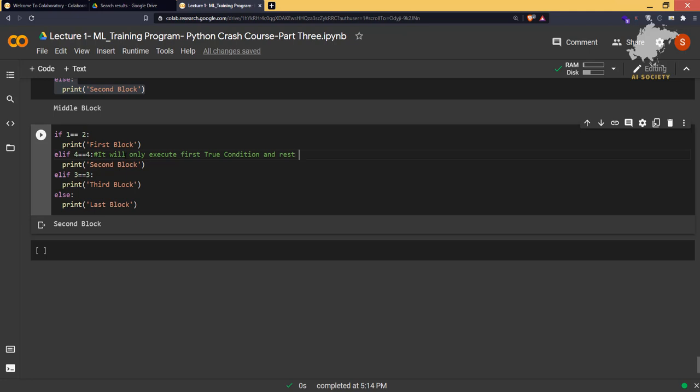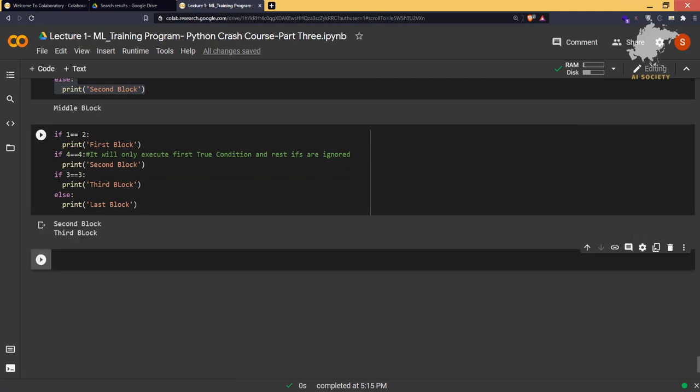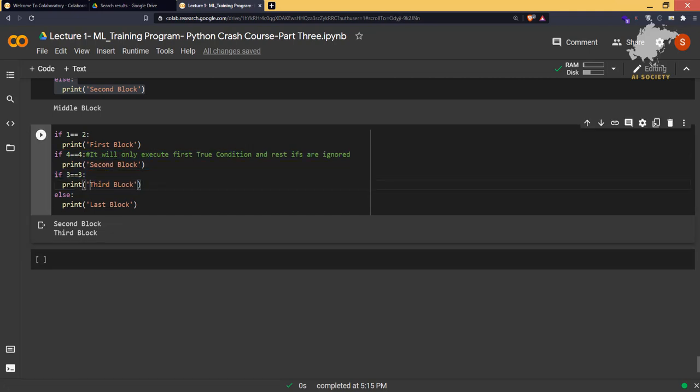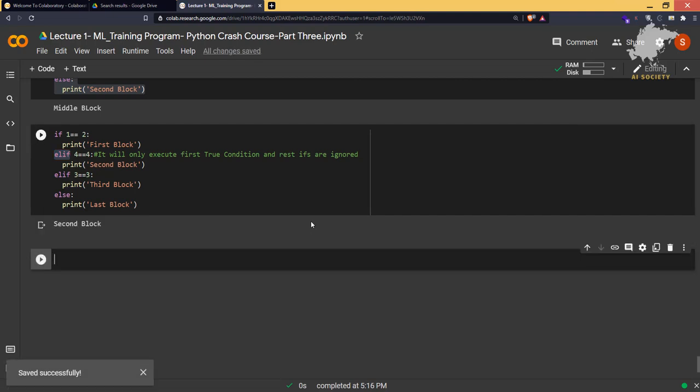Rest of the elifs are ignored. Okay, but see quickly here, that's not the case if I type if here and also if here. If we type like this, whatever the conditions are true, it will execute them. So if there is an elif condition, then it will only execute the first condition that is true. But if you need to implement all the true conditions, then you have to put if there. And sometimes in web development also we use if multiple times. Okay, anyways, so let's move forward.